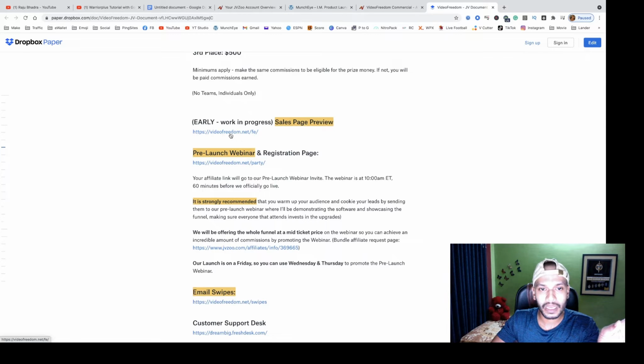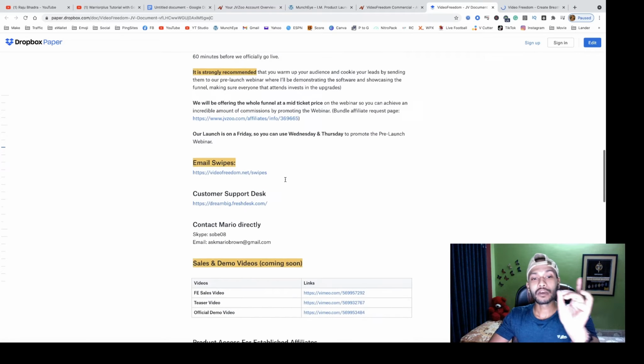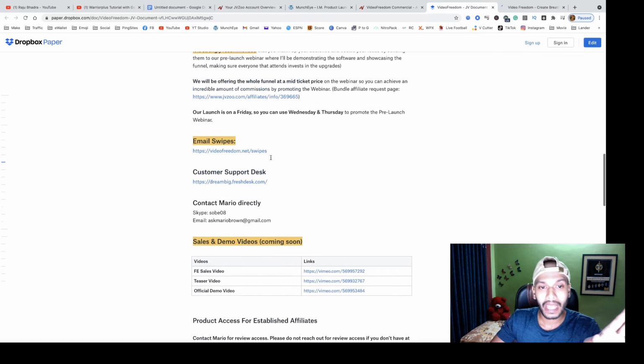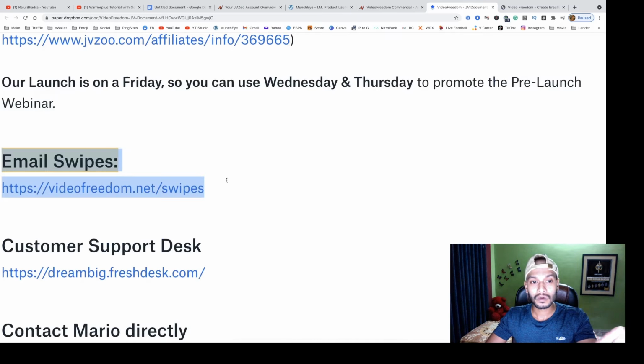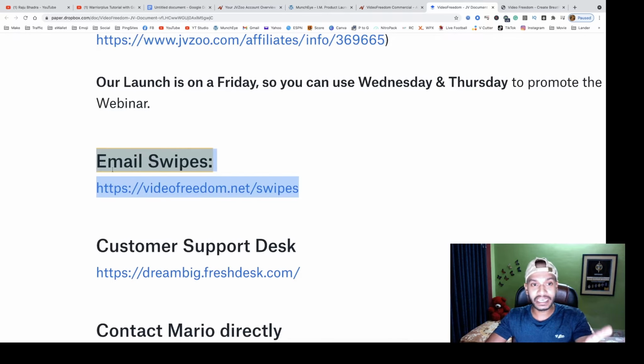sales page. Here is the sales page of this product, and you have to focus on another thing, the email swipe. In this method you need it.